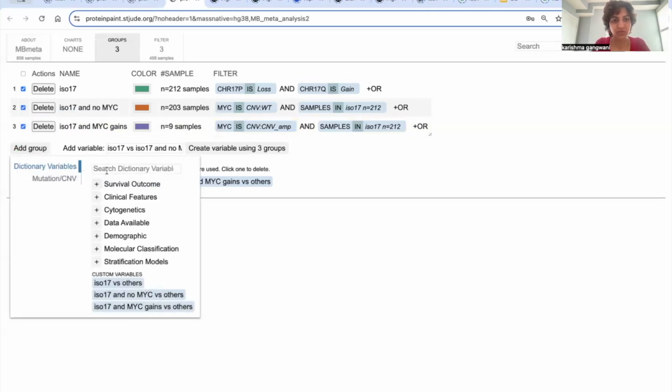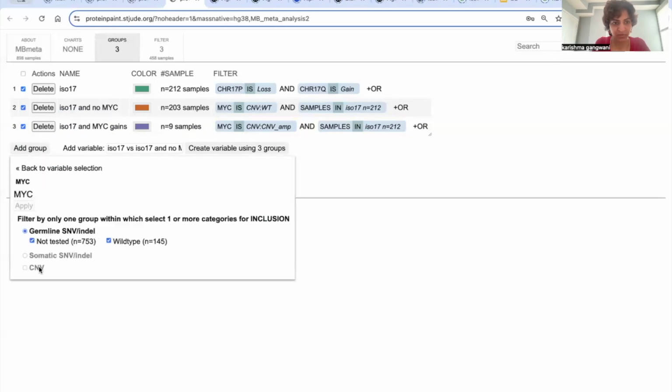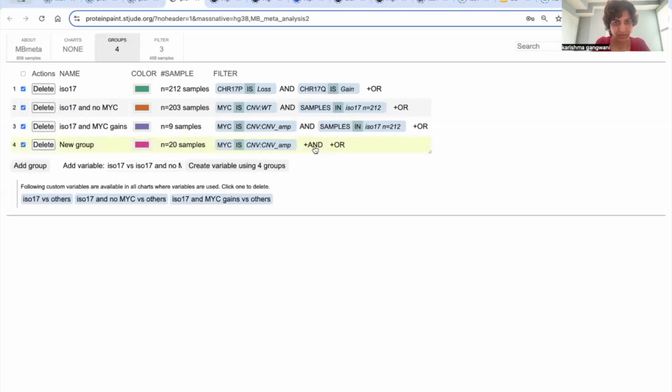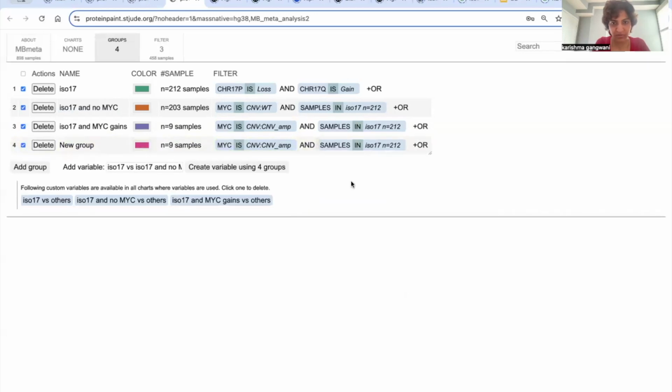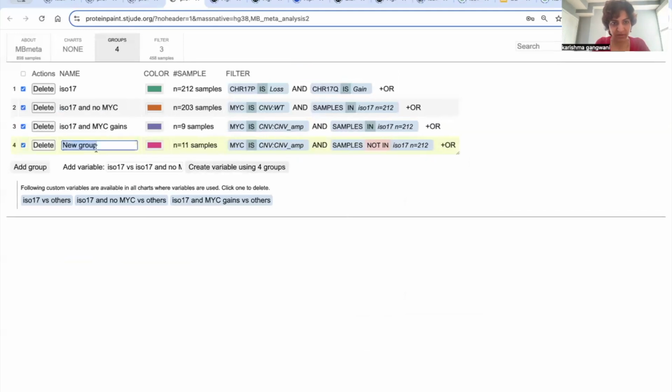So the last group should be only MYC. Now we want to see cases with MYC, so those would be those 29 cases. And I will still add ISO 17 versus others, but I'm going to negate that. So there's 11 samples that can only contain MYC amplifications, and they're not present in the other group. So I'm going to call this MYC only,